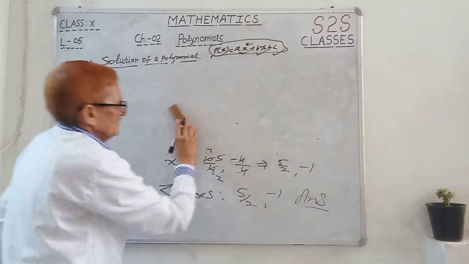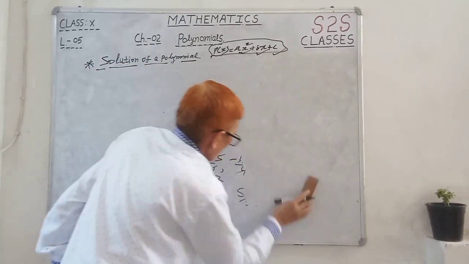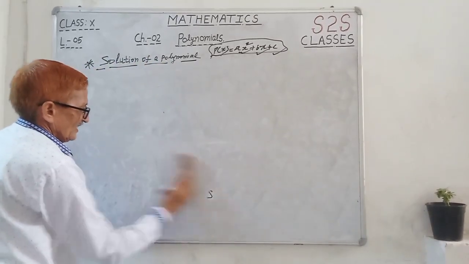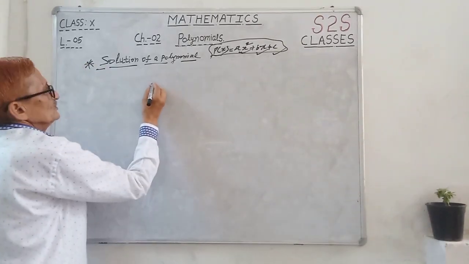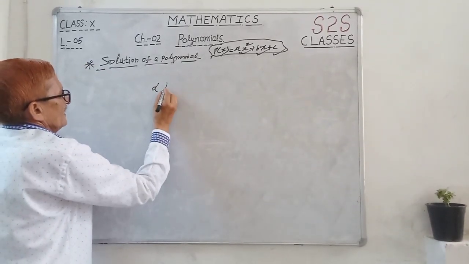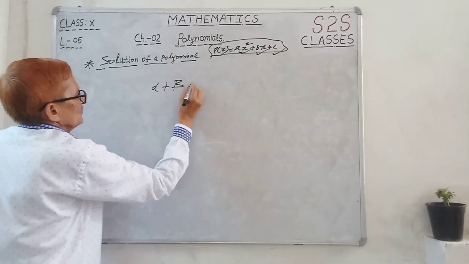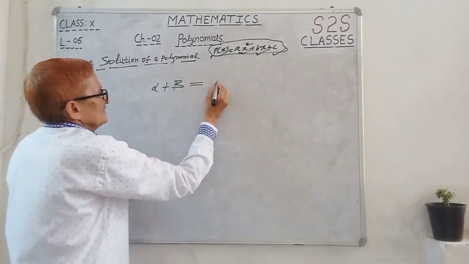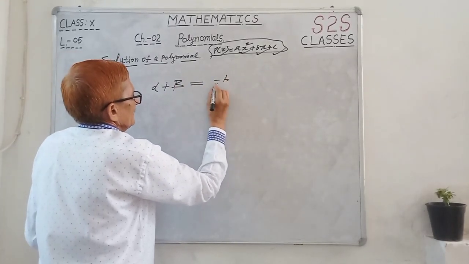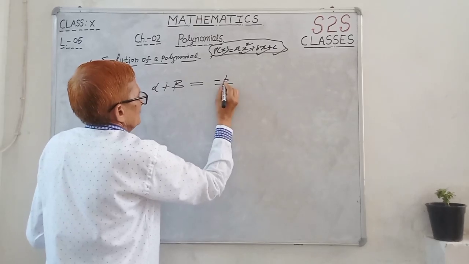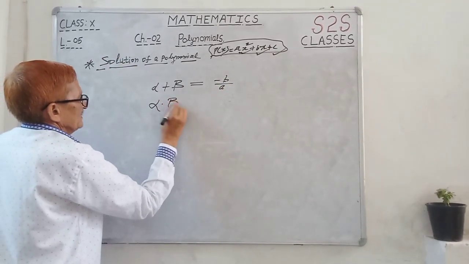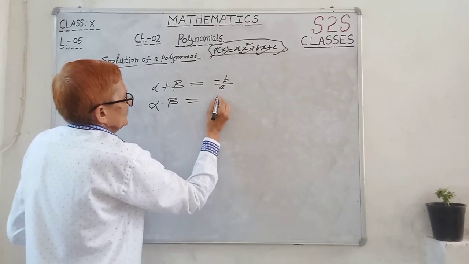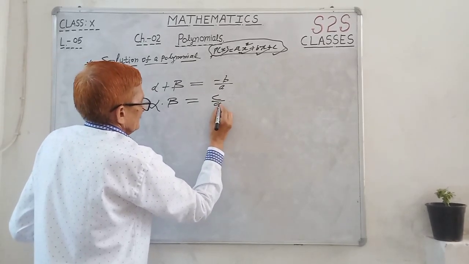These we should write, because in the quadratic there are two zeros, alpha and beta. Let the two zeros be alpha and beta: the sum of the zeros is minus b upon a,